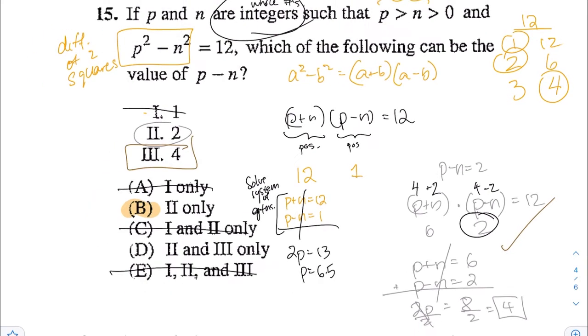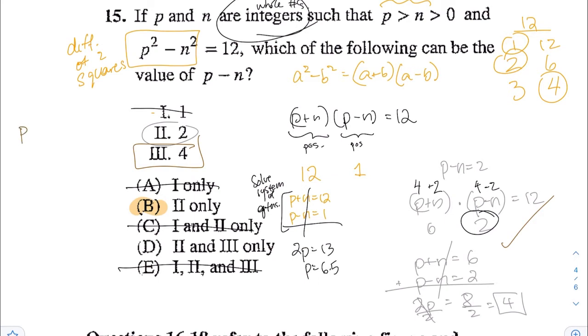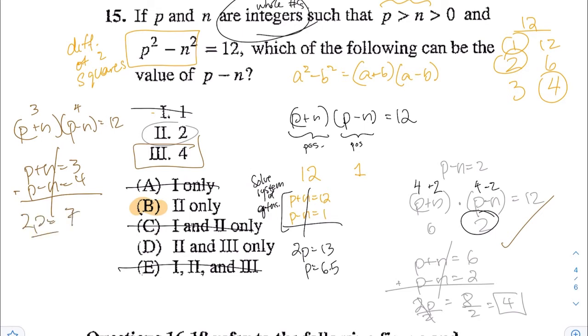choice 3. So in this case, you have p plus n times p minus n is equal to 12. Here, p minus n is equal to 4. P plus n will have to be 3. So p plus n is equal to 3. P minus n is equal to 4. If you add, you eliminate n, you get that 2p is equal to 7. Or when you divide by 2 from both sides,